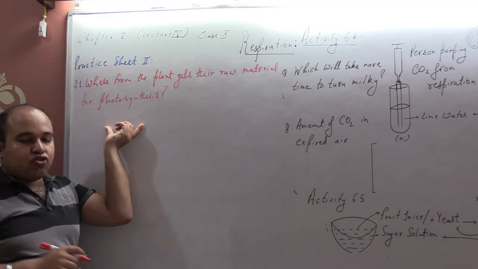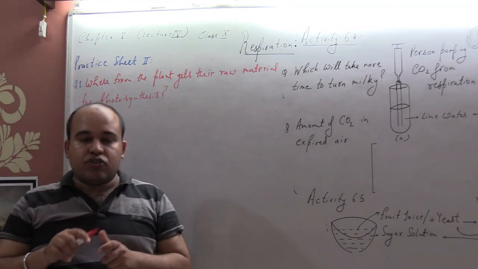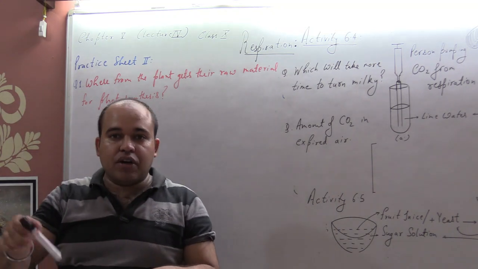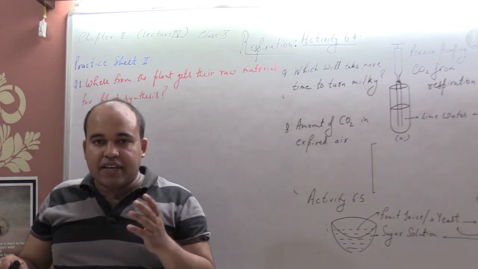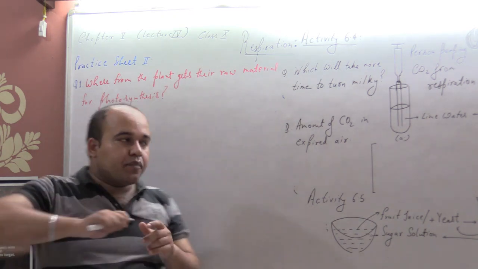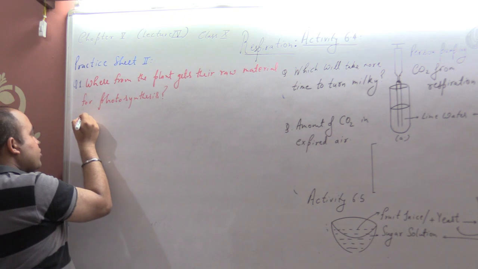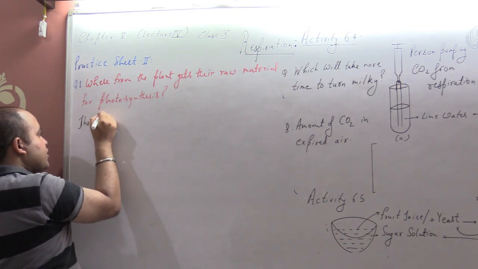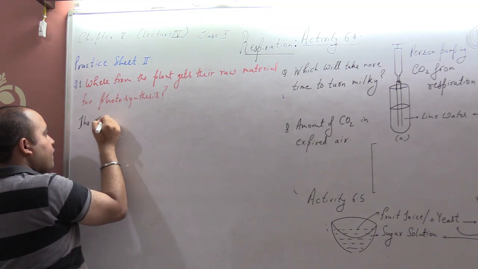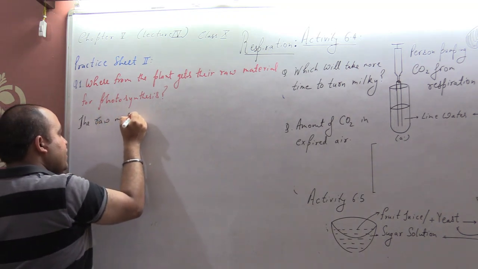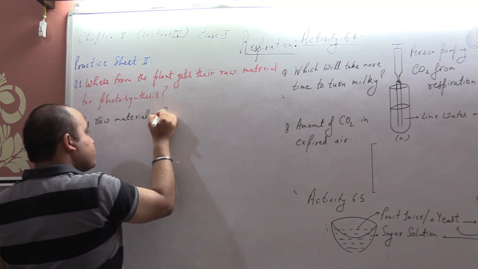The plants get their raw material for photosynthesis from the earth's atmosphere, through the openings present over the plant leaves, which are referred to as stomata. The raw materials for photosynthesis include...